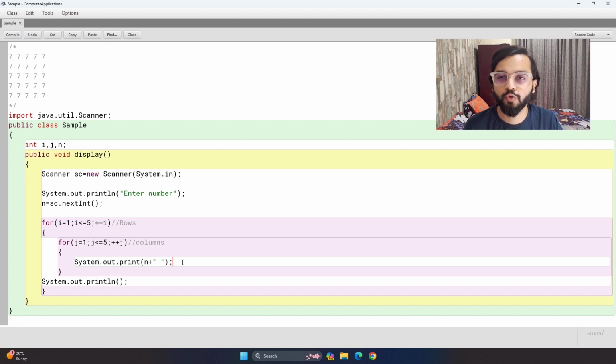So in order to look good I have just taken an additional space. If you want you can neglect this space, but if you take space it looks good. That is the only reason I have taken space here. So if we compile and see the output,